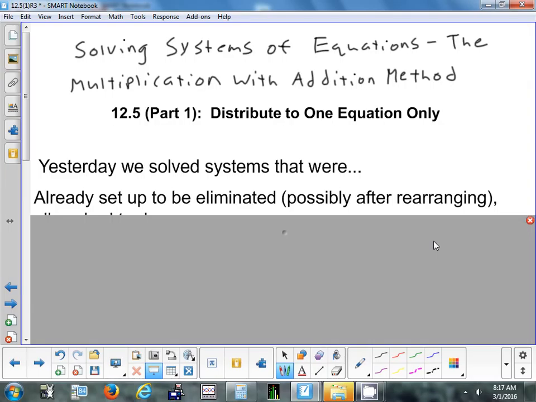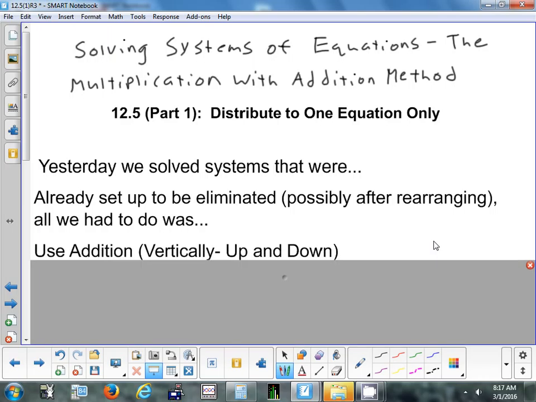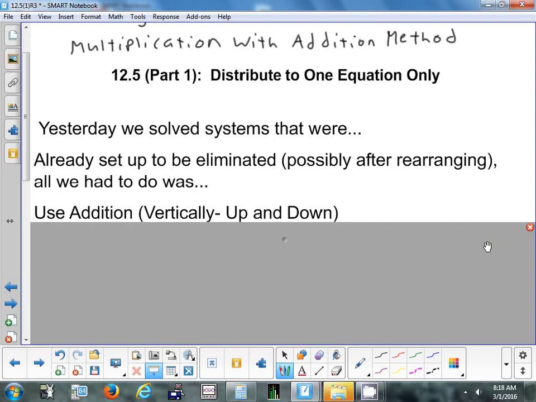The ones we did at the end of the warm-up, like number 5 on the homework last night, we had to rearrange. And we talked about that. That's about as hard as it gets, when you have to rearrange it. But once you rearrange it, it still works out to eliminate. Then we just used addition up and down, and we solve, right? So those were the simplest stuff that we're going to do this week. Now today,